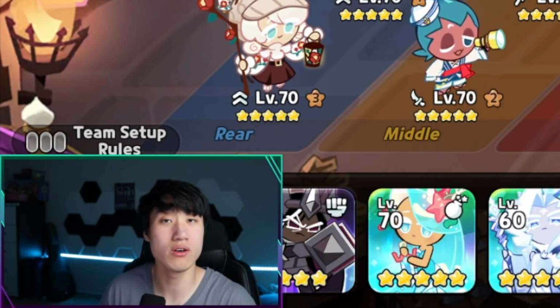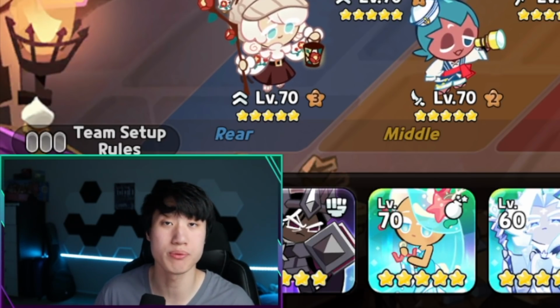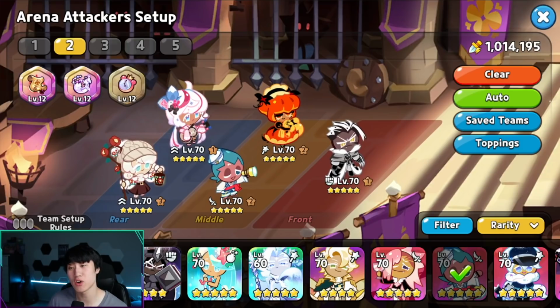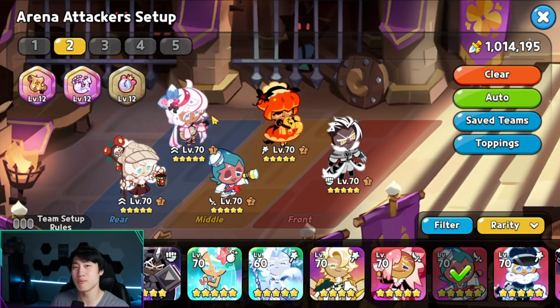Alright guys, so I know a lot of you have been asking me to make another video on Crunchy Chip Cookie Arena team. So here we go, I'm going to be showing you another team. It is going to be very similar to the previous team that I've shown, which was this one right here with the herb, as well as the scythe. And we did use the crit toppings on herb, but this one is going to be a bit more